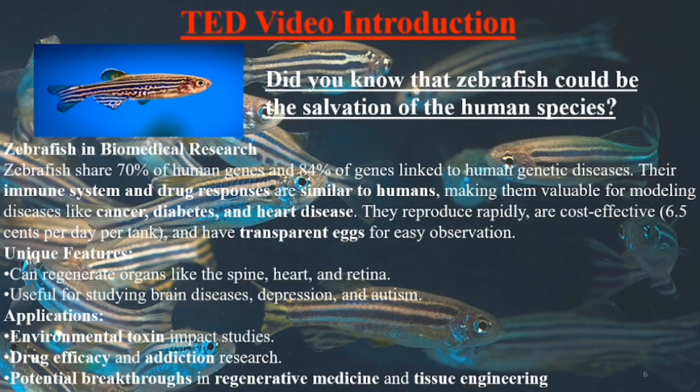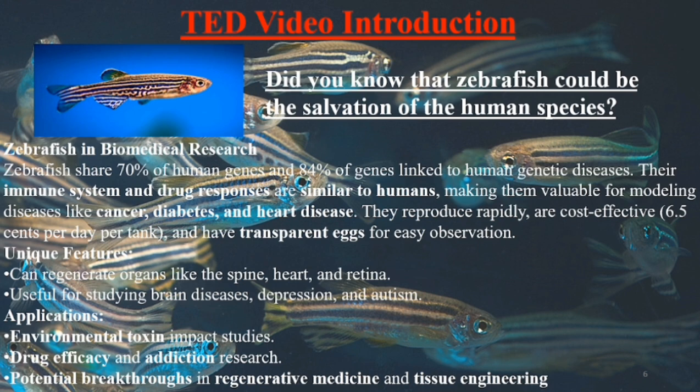To conclude that video for you, we will solve a big question: did you know that zebrafish can be the salvation of the human species? Why? Because in biomedical research, zebrafish share 70% of human genes and 84% of genes linked to human genetic disease. Their immune system and drug response are similar to humans, making them valuable for modeling diseases like cancer, diabetes, and heart disease. They reproduce rapidly and cost little money, about 6.5 cents per day per tank, and have transparent